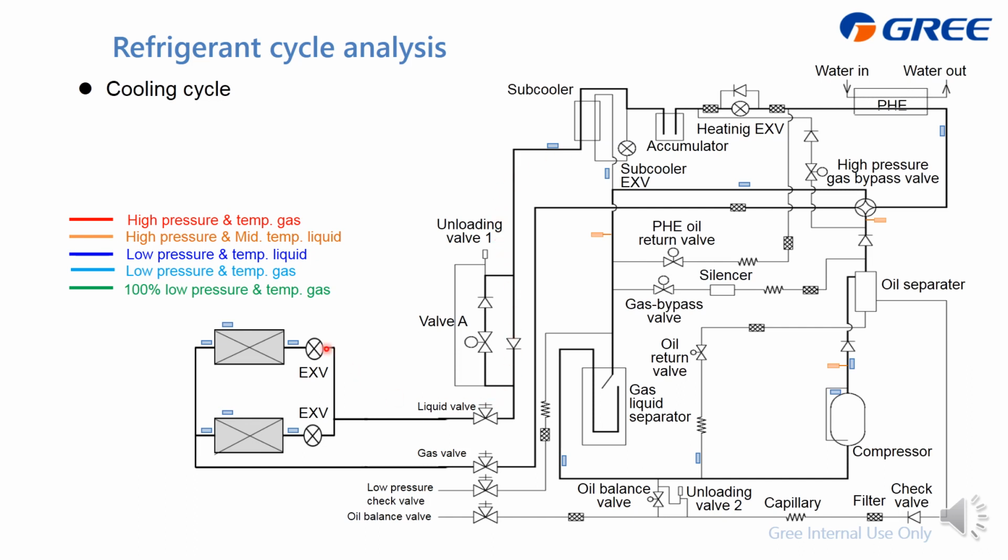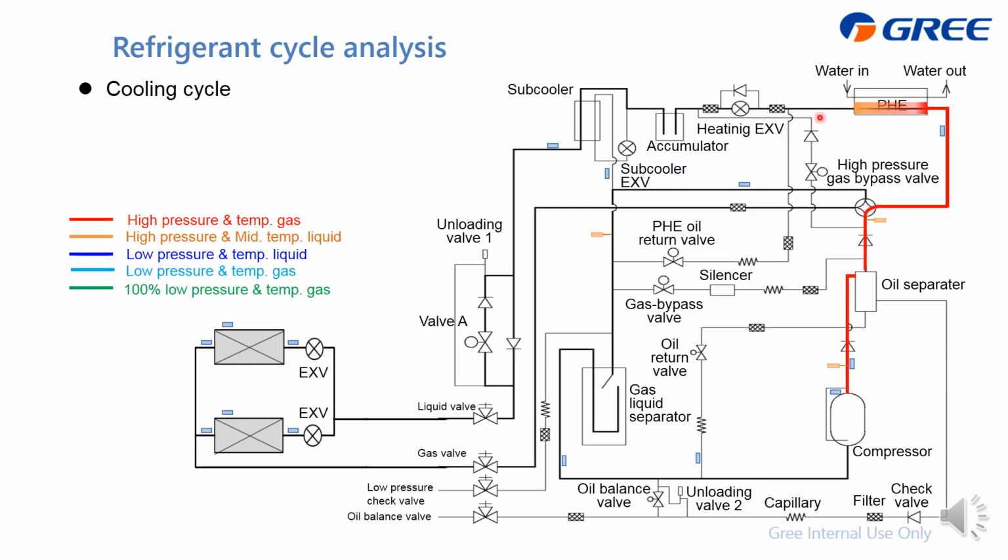Then we go to the indoor units, and back from them to the 4-way valve, then to the gas liquid separator. So I will analyze how the refrigerant flows, for example, in the cooling cycle. The refrigerant coming from the compressor is high pressure and temperature gas. After the oil separator, it goes to the 4-way valve as it is cooling. So it goes to the plate heat exchanger to exchange heat with the water, and itself becomes liquid and